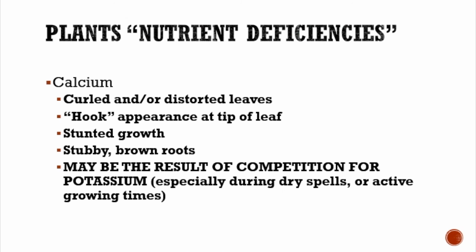Other things that we can find may be a calcium deficiency. We can find those same curled or distorted type of leaves, the hook appearance at the tip of the leaf, but we're also going to find a stunted growth, and we're also going to see shortened, stubby, or thickened brown roots. And sometimes this can be the result of the competition for other nutrients similar in size, such as potassium